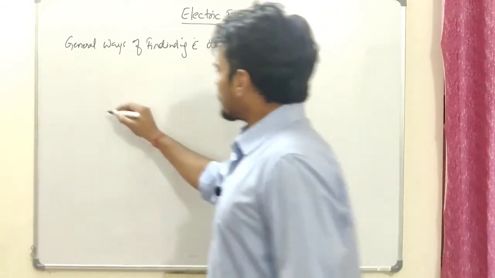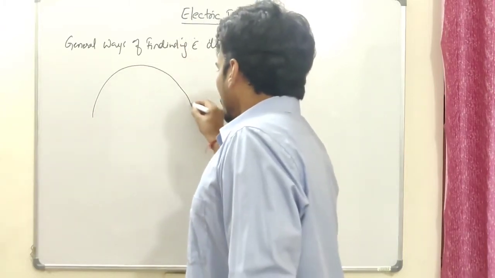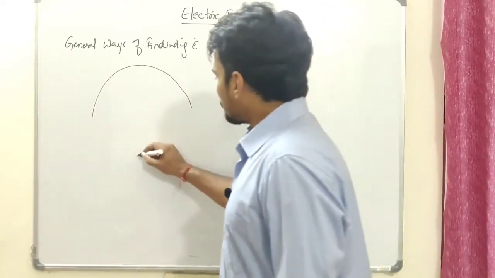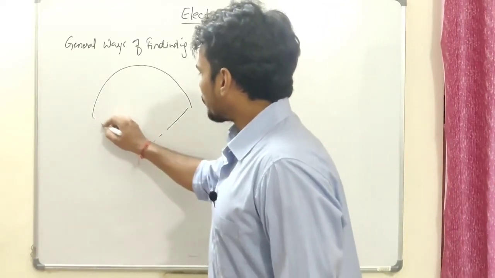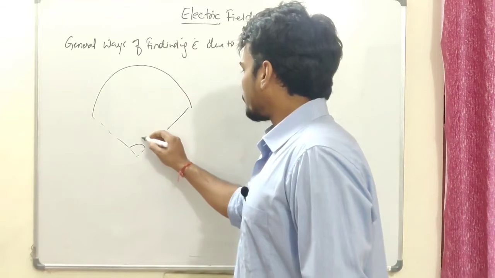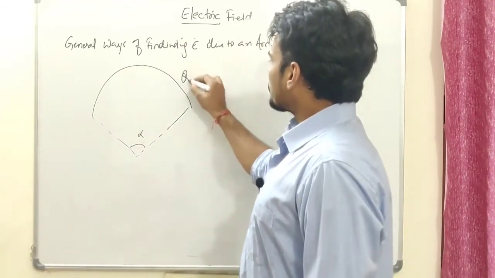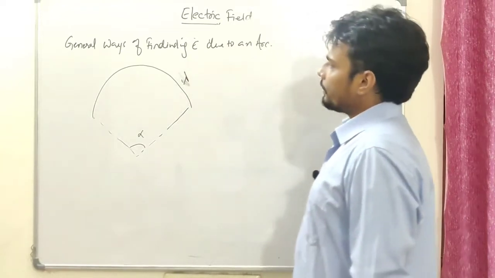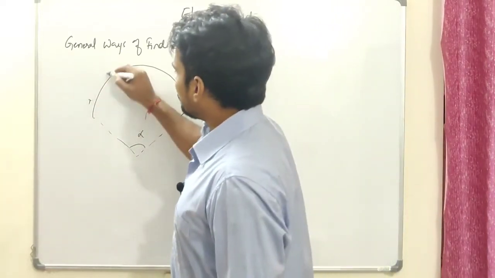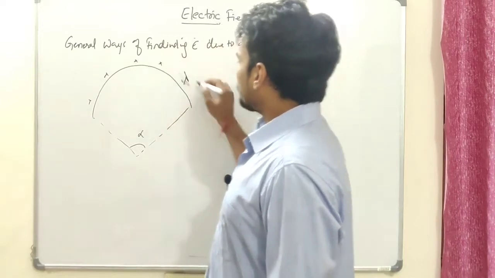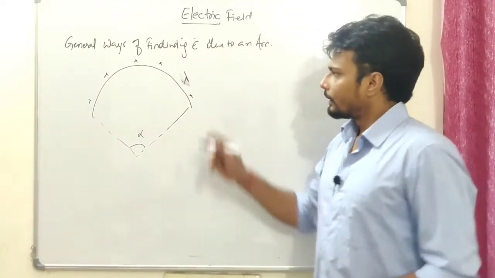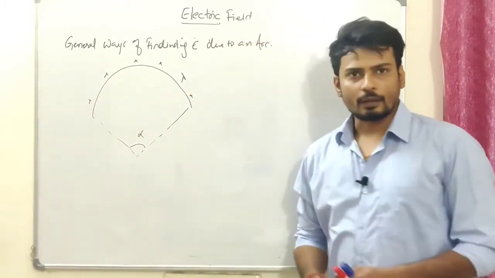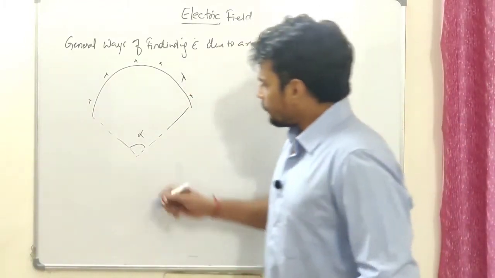So what I'm going to do, let's say I have an arc which is a part of a circle, and this is, let's say, the center of that circle. Let's assume that the angle made by the ends of the arc is, let's say, alpha. Let's suppose the charge on this is q, or maybe you can say lambda is the linear charge density. Let's say positive lambda. Let's say we have positive charge on this. It could be negative also, no problem. You can just go along with that sign. So we should keep in mind that the sign of lambda should be taken care of. Okay, so let's see what to do over here.